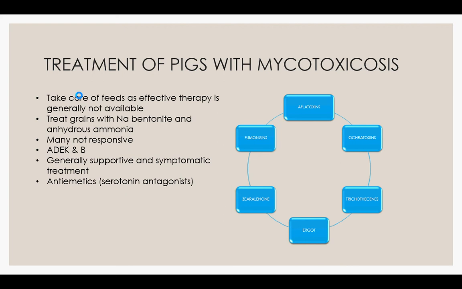Okay. Now, another thing you can do is in a toxin called zearalenone, in which you can have rectal prolapse, vaginal prolapse, so you can treat this medically. Okay, surgical procedures can be carried out to correct the rectal or vaginal prolapse, right? So you try to take care of the